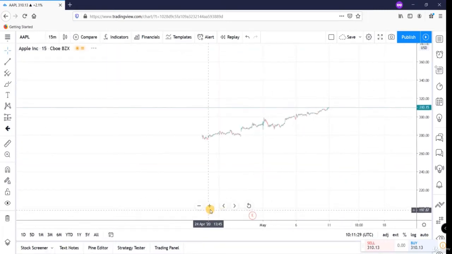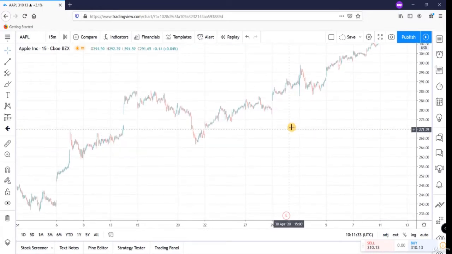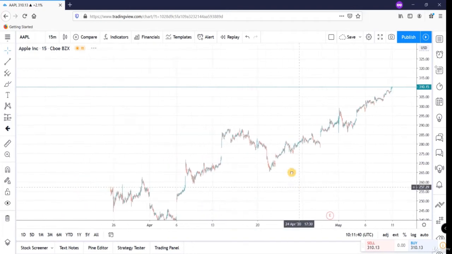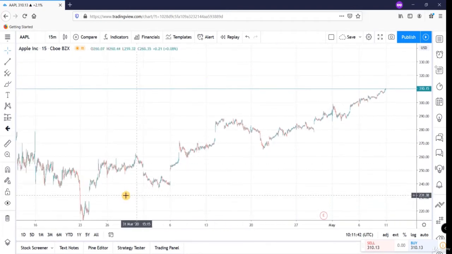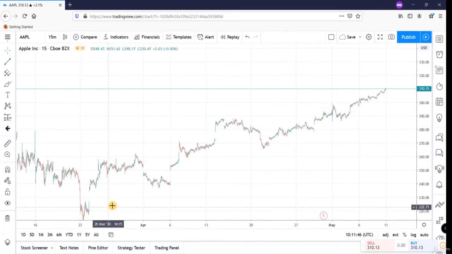And for intraday trading perspective, our chart should be 15-minute chart. On 15-minute chart, we can find out the current trend with a look back period of 6 to 8 months. And in this period, you can see the stock is in uptrend. There are higher highs and higher lows. So the current trend for this stock for intraday perspective is uptrend. Let's take one more example.